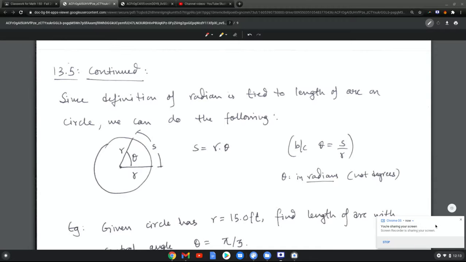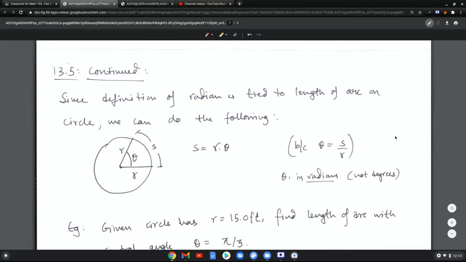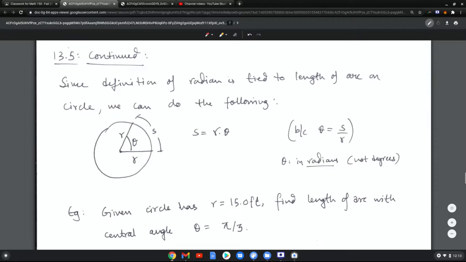Now with the radian measure, there are certain applications that can be derived, basically because the definition is tied to the length of arc, right? Remember we said 1 radian is when you walk the radius amount of distance on the circle. So we can do the following. We can say that theta, this angle, is the ratio of how much you travel on the circle divided by the radius. So if theta is s over r, we can say s is r times theta,